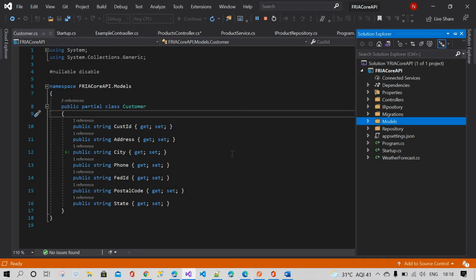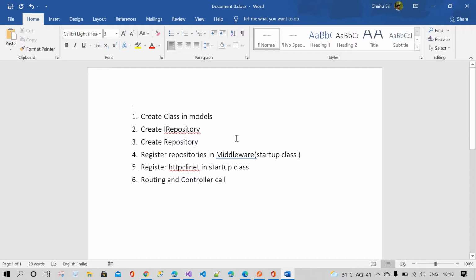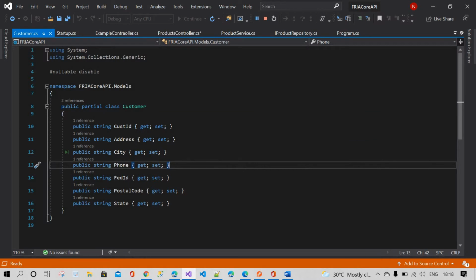So what class do we need to work with? The class I have defined already; here you can see I have created one class. We will go step by step. First of all, when you perform any operations in ASP.NET Core, you need to perform some configurations also. So, create a repository. We will see how we work in real time, so I will show that.